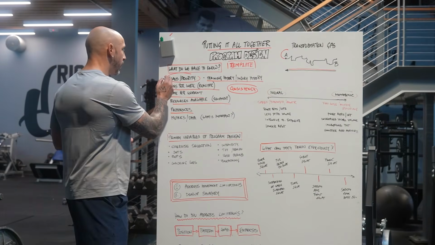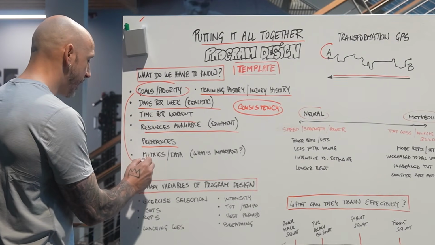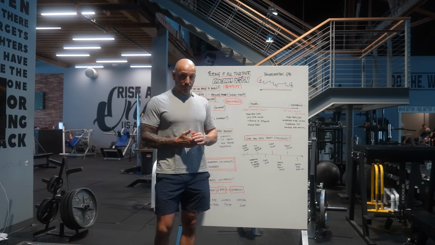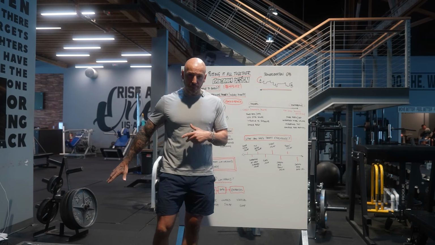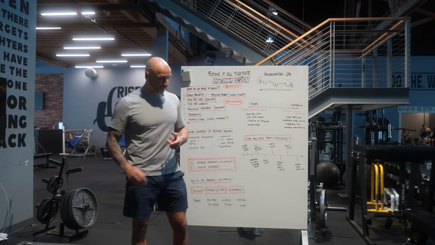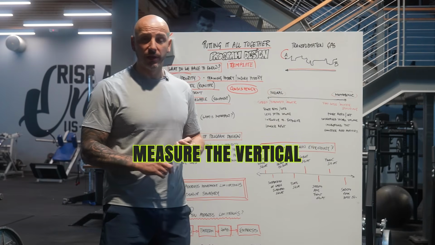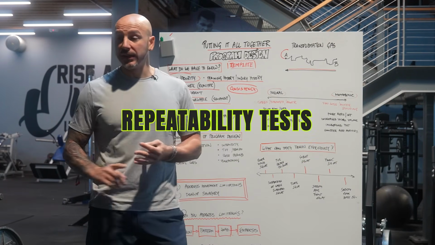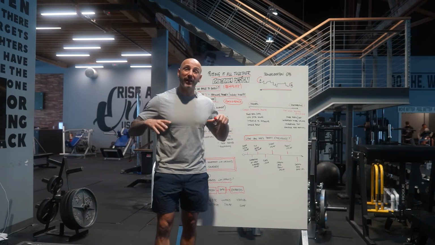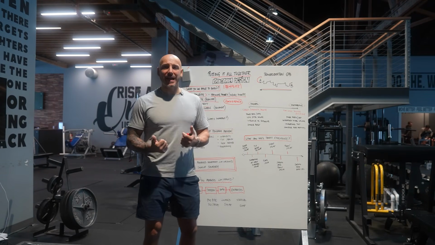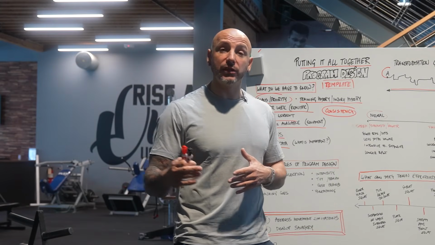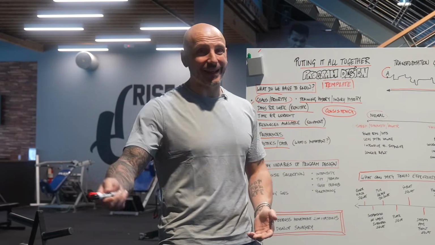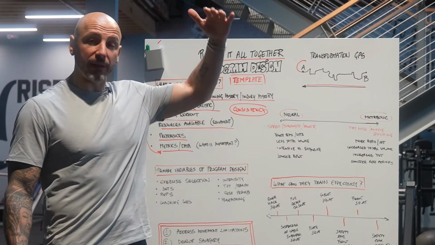So based on here, when I come back, I go over what their goals are. Well, what's important, right? Again, youth athlete. We have, you probably can't see it to my right side, Hawkin Dynamics force plates. We can measure force production. We can measure the vertical. We can measure the time on the ground if we do repeatability tests. We can measure rate of force development on a decel, right? We can find out data about where they're at and compare it to athletes at their level, and if they're better or worse. And then we can say, hey, to be elite at this, we've got to bring these numbers up, right?